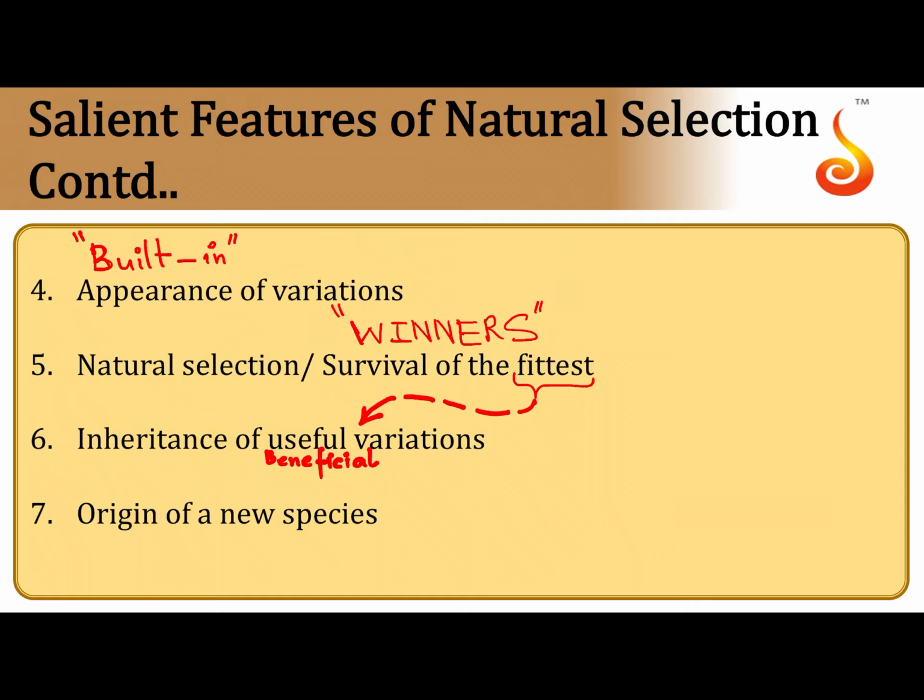And for these fitter organisms, the same cycle repeats, and the same screening process, the natural selection, because who is selecting for the fitter ones here? It's mostly the natural forces which are selecting the fitter ones. And over the years, as natural selection keeps acting, eventually the population or the group of organisms will become so distinct from what it was once upon a time that it can be qualified to be called a new species.